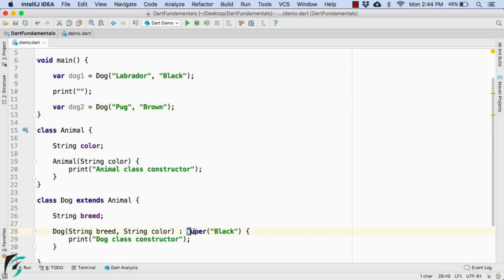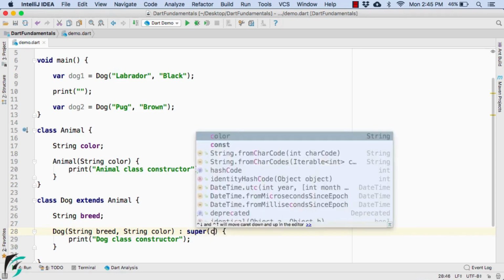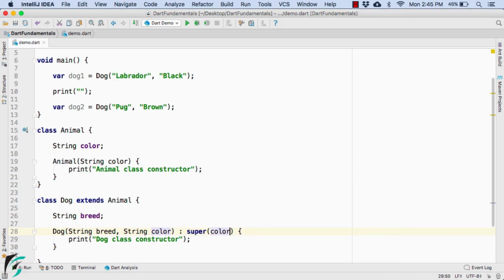While calling the superclass constructor, instead of hard coding it here, let us put the variable of color. So the sequence in which the calls are getting executed is that when this statement will be executed, the black will fall to this variable of string color. And this string color we are then passing to our superclass constructor, which will finally come here.